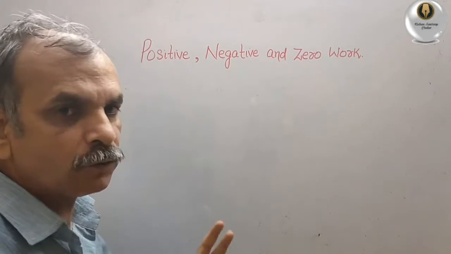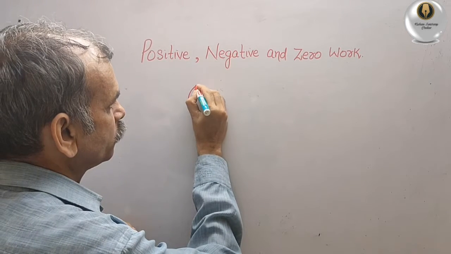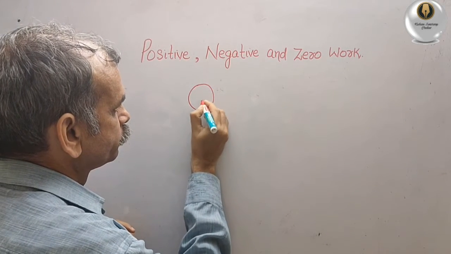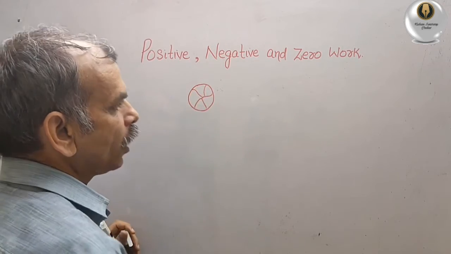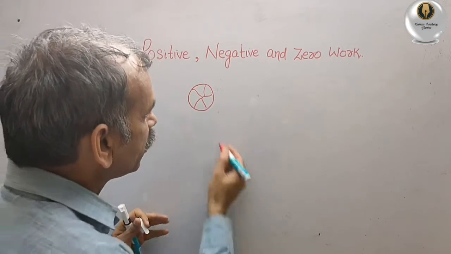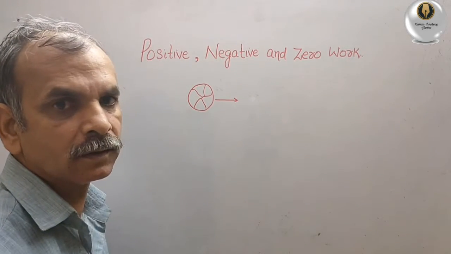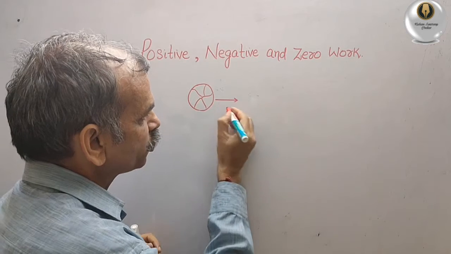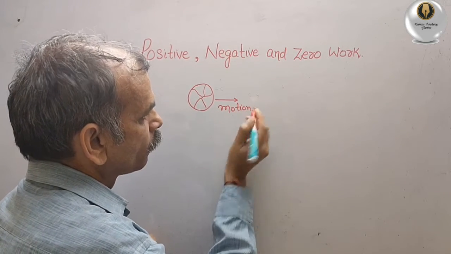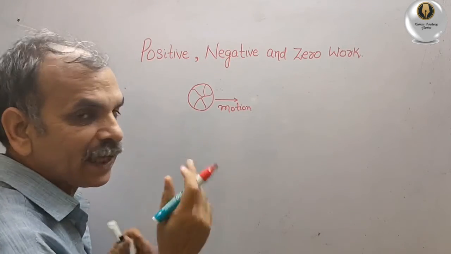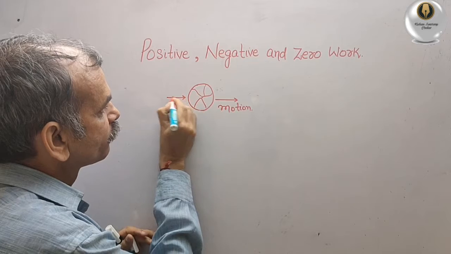That means suppose we have taken a football. This is your football. ठीक है. Now suppose this football is in motion, in this direction. Now, if we kick a ball from this side, kick,